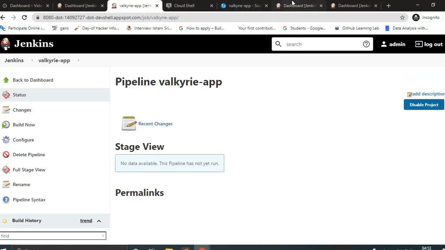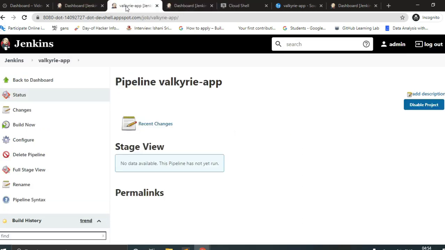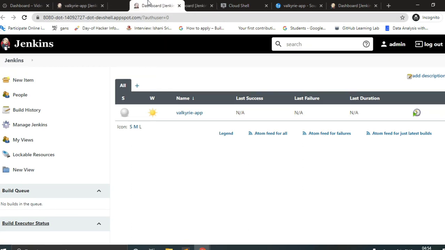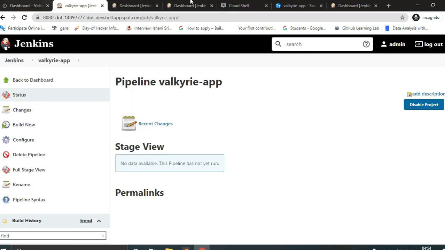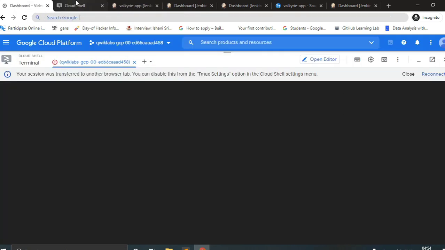Let's shift it. First one is that we opened now, that is our main where we have worked and made pipeline. Another is that we have refreshed. Basically both are same and we are working on this. Let's shift the cloud to, and now we will be approaching to git commands,